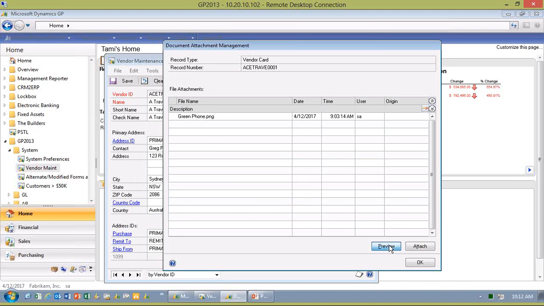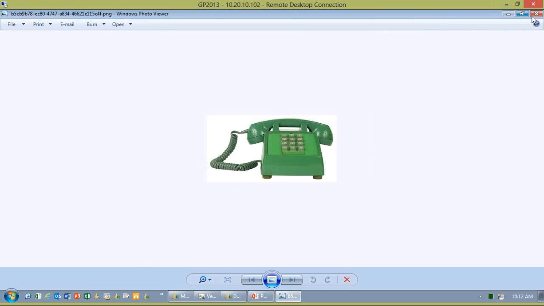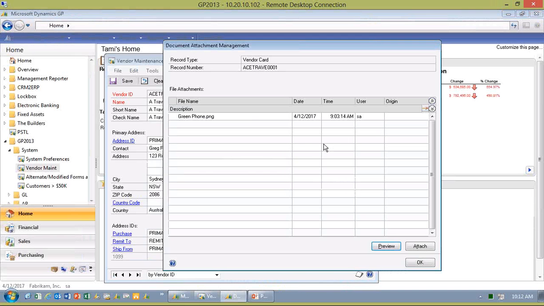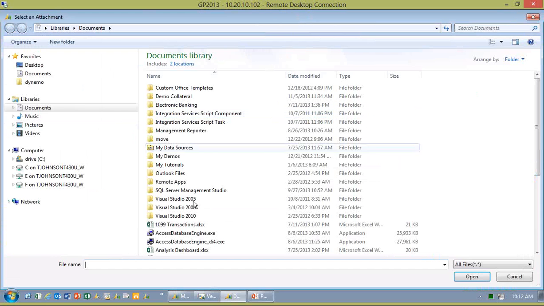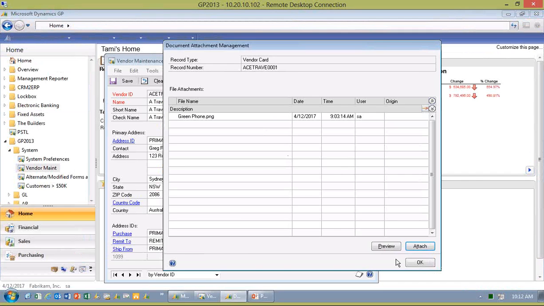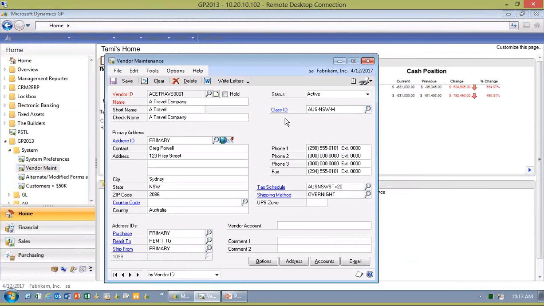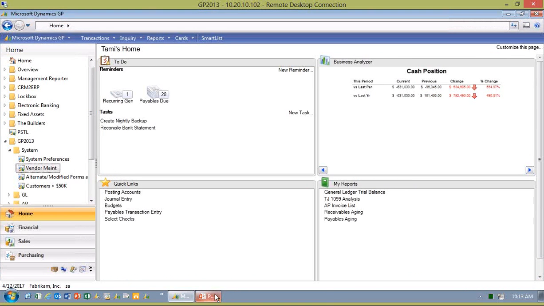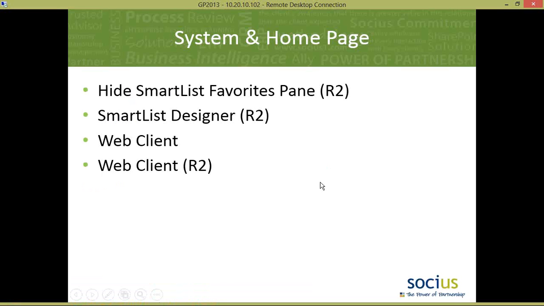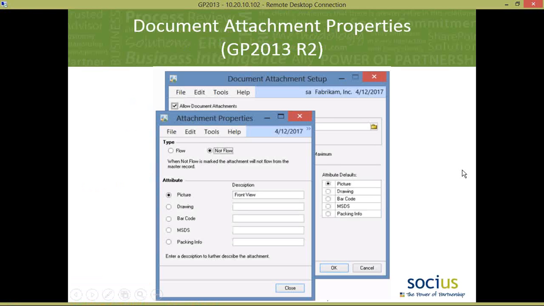But here I've got an image, and I can preview the image. If I want to, I can have a PDF, a Word file. So if you've got contracts, on an inventory item, there might be specifications, drawings, whatever else you would need to include, you can just choose to attach those documents onto that particular record. This has been enhanced pretty significantly in